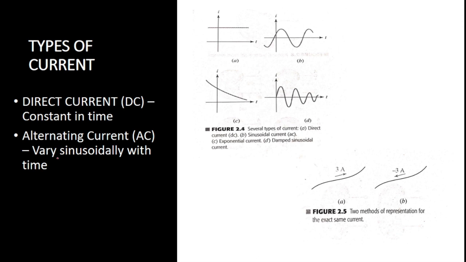And AC current varies sinusoidally with respect to time. A sine wave is very common to us. It is a well-known waveform. The basic waveform that we usually know is a sine waveform. When a current varies sinusoidally, we call that a sine wave. So when the current varies sinusoidally with respect to time, we call that an alternating current. And when the current remains constant at all instants of time, we call that DC or direct current.